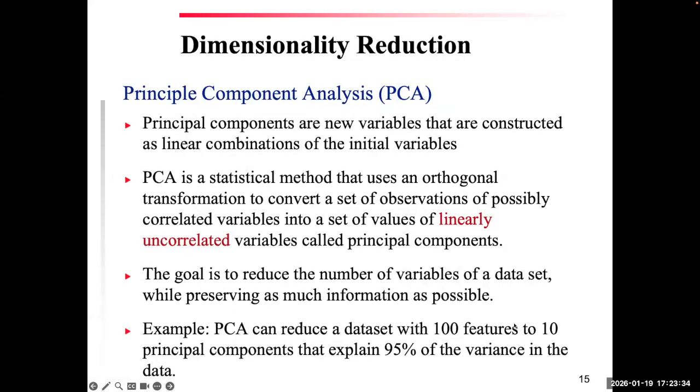So I'm going to provide just a brief introduction of PCA because I already provided this introduction in my first class too. And I want to make sure that both sections are on the same page. So PCA, or principal component analysis, is just a statistical method that we often use in